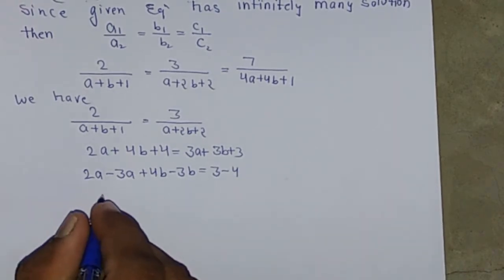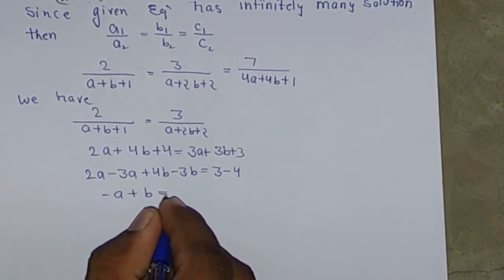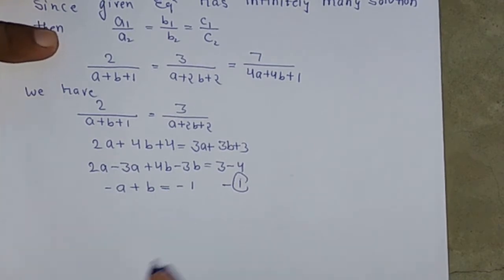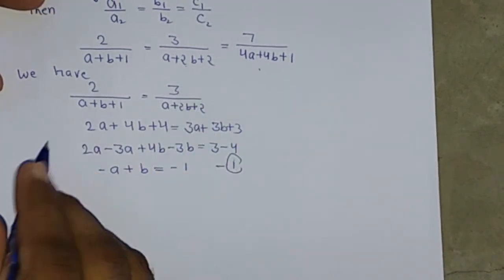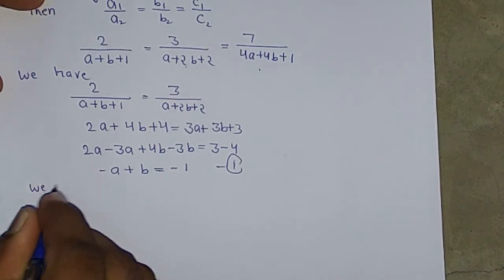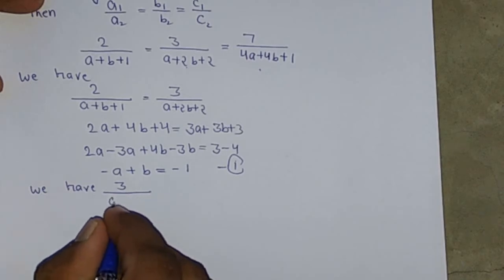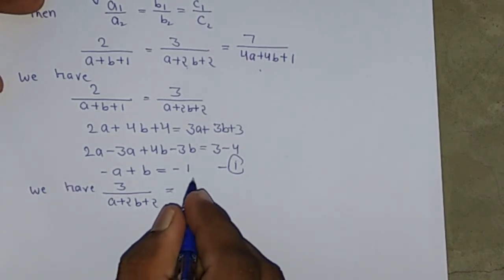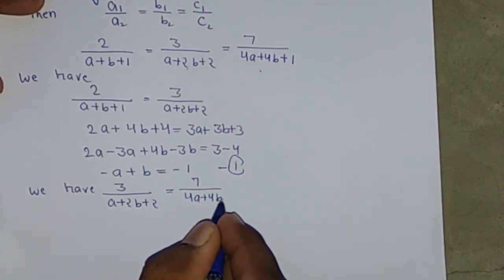We have minus a plus b equal minus 1. It is our first equation. Now from these two terms we have 3 by a plus 2b plus 2 equal 7 by 4a plus 4b plus 1,